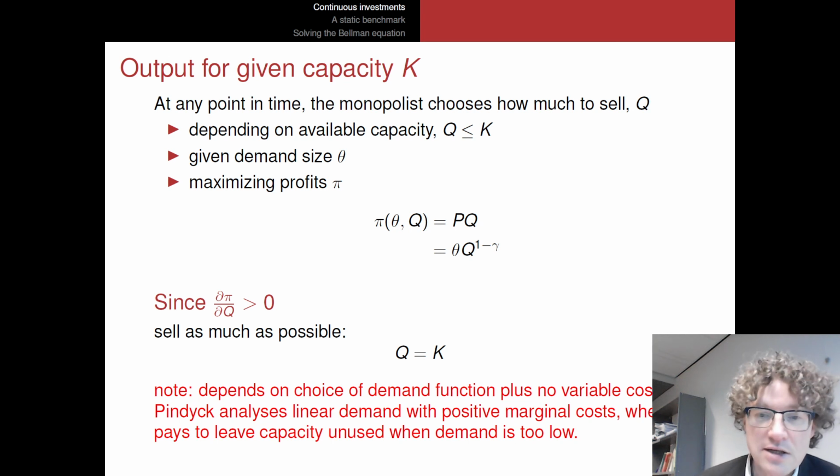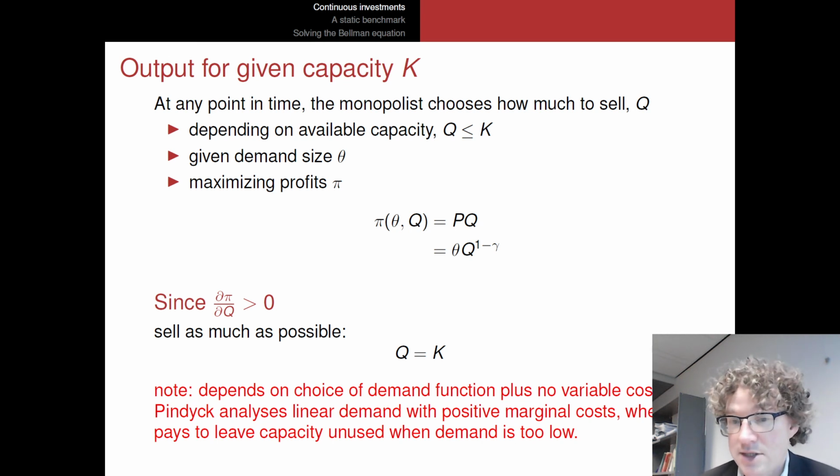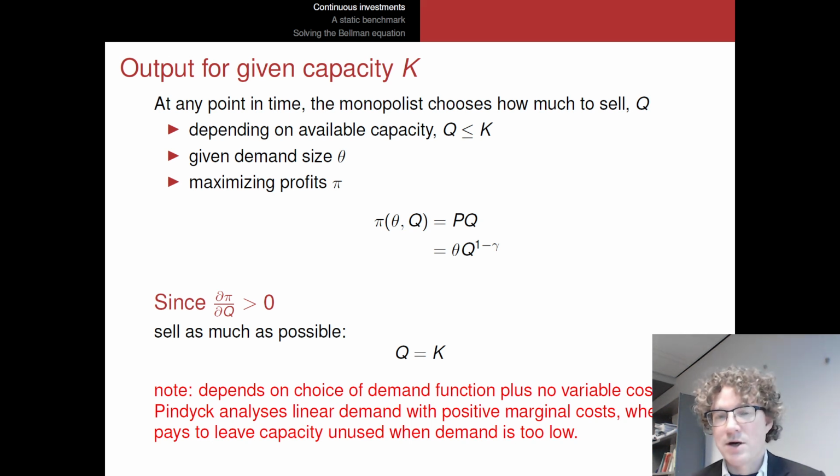He analyzes linear demand, and he analyzes the case with marginal costs, and there sometimes, if you want to maximize your profits on this particular given day, it's going to pay to leave some of your capacity unused, and that's going to have some implications, and I invite you to have a look at that. And the kind of analysis that he does should be somewhat familiar to what we had in the analysis that we did by Murto and Nasa, where sometimes the plant, or in this case part of the plant, its operation might be suspended for a bit.